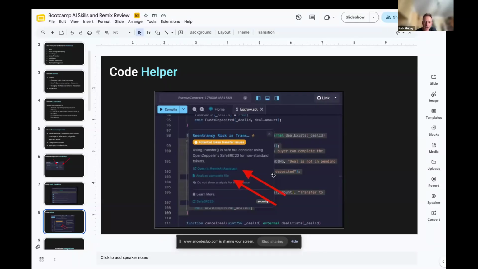And then you can open it up in Remix in the AI assistant, and it will do an analysis of either that part of the code or the file. So this could be helpful for finding security problems. It could be helpful for figuring out how to write better code.